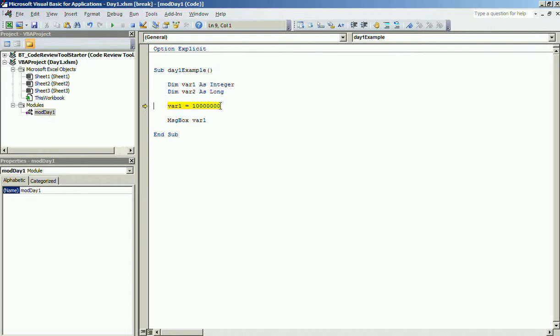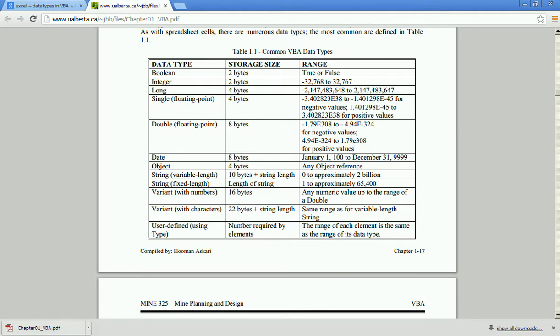As I said, variables are associated with data types, and data type has a limit. So let us stop this code now and check what is the limit of integer data type. I have opened up this website. You can see this range of integers starts from -32768 to 32767.